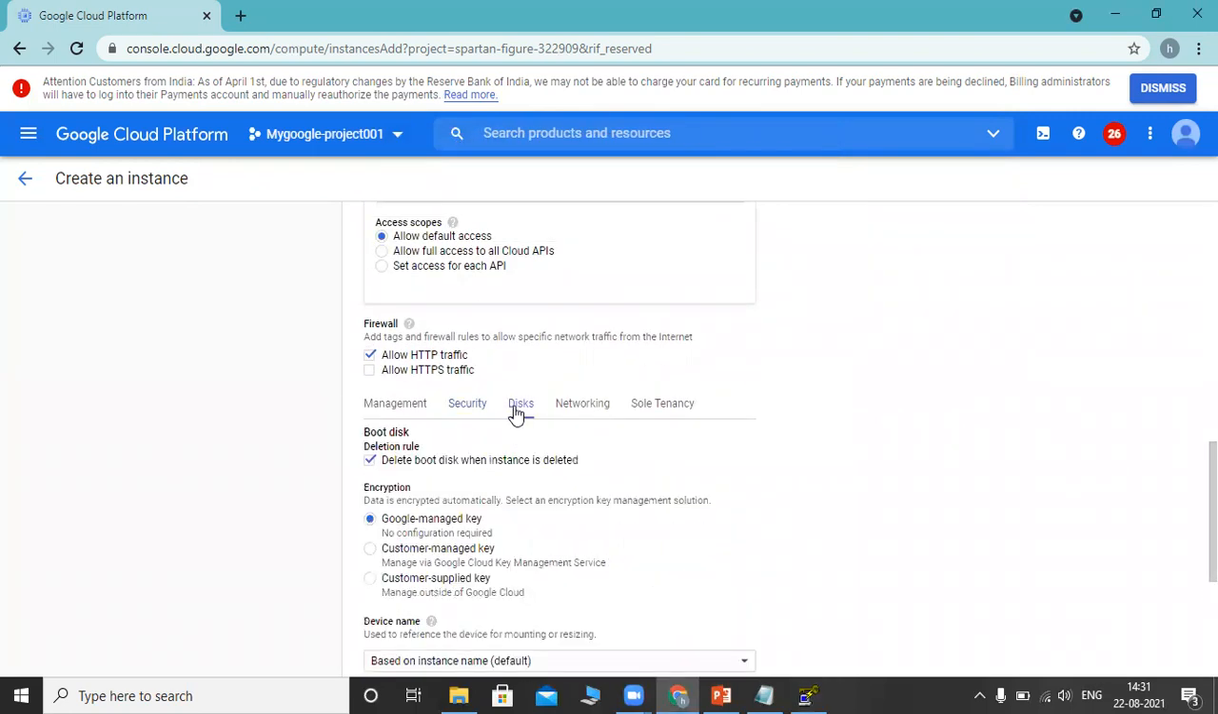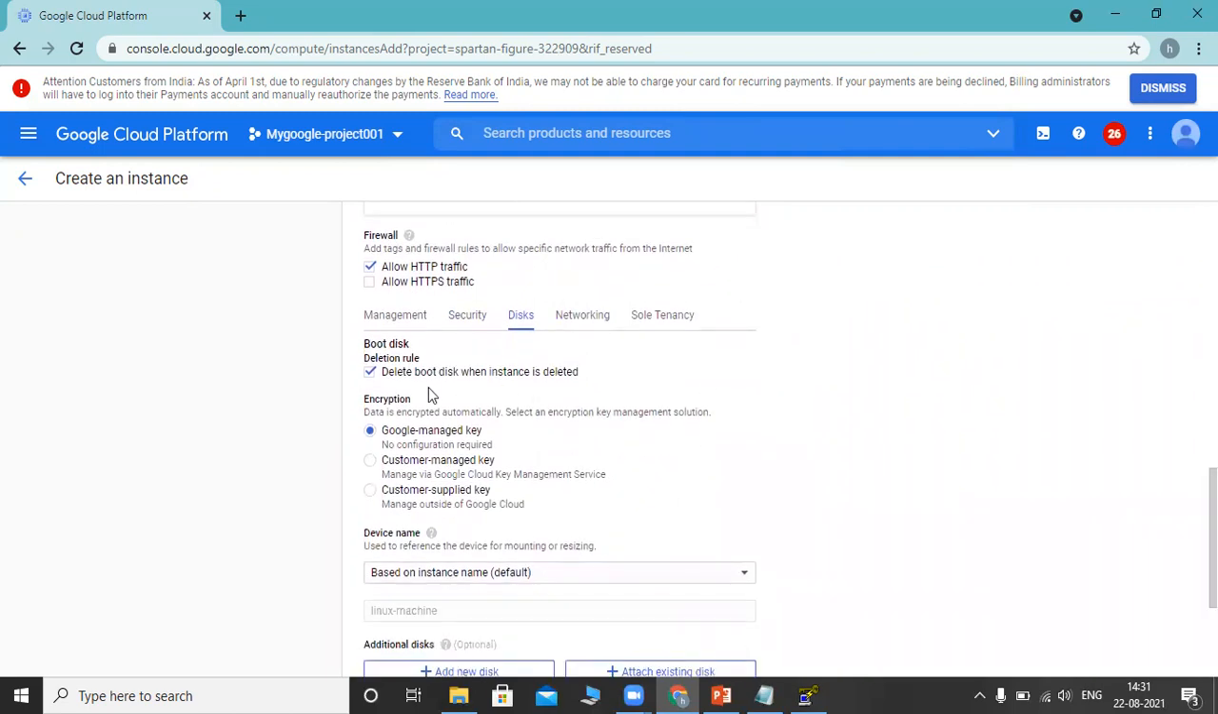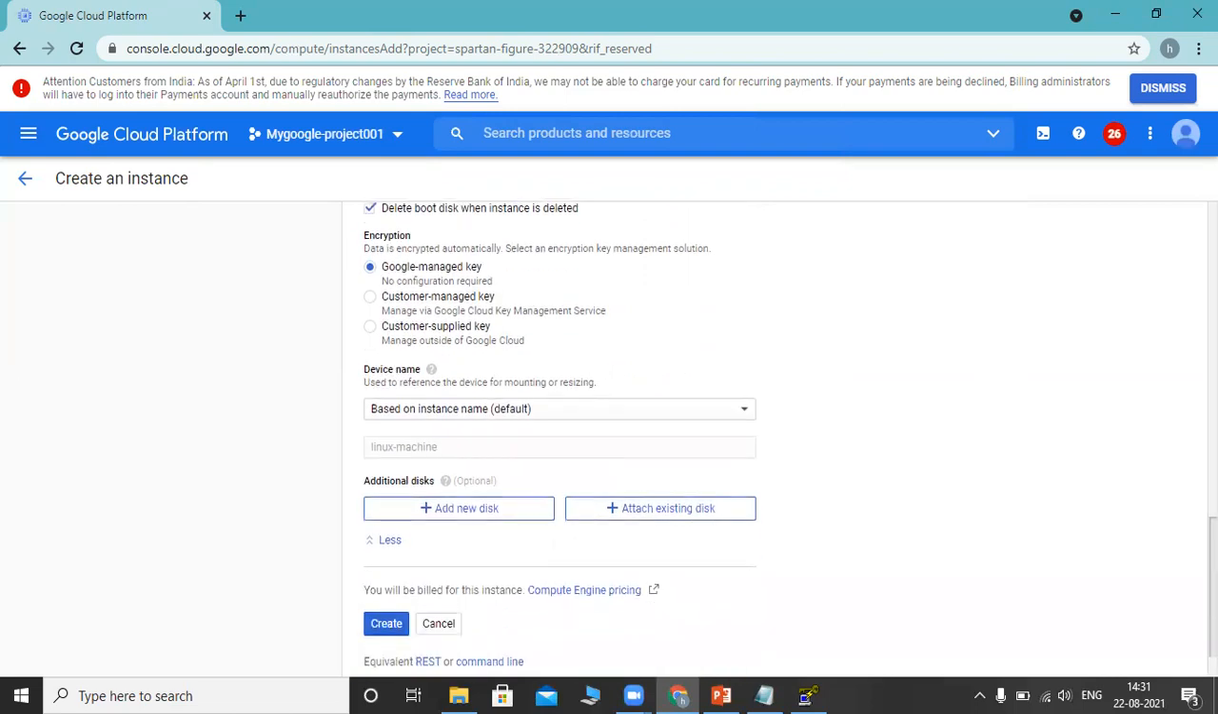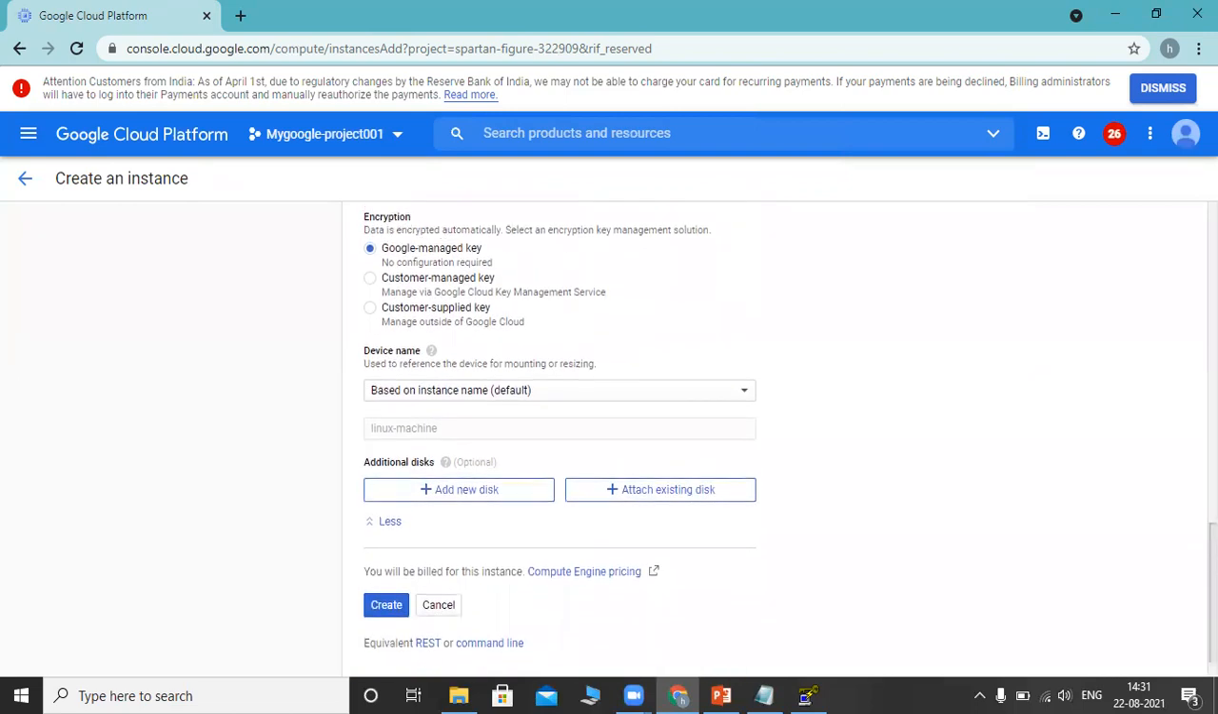Disk. If you want to add an extra hard disk, here you can add an extra disk. By default, it comes with delete boot disk when instance is deleted. An instance is nothing but a computer here. Whenever you delete your instance, this disk is also going to be deleted, so that you are on the safe side from billing. It also has encryption keys, following Google managed keys. And if you want to add an extra hard disk, you can add a new disk here, or else